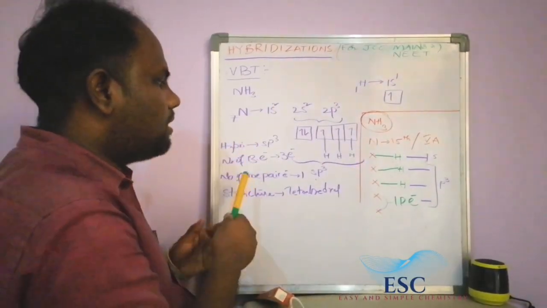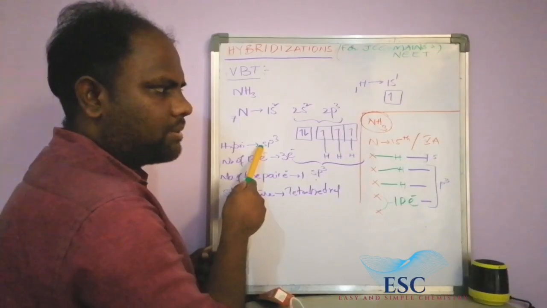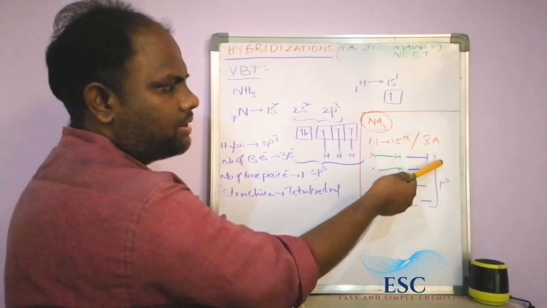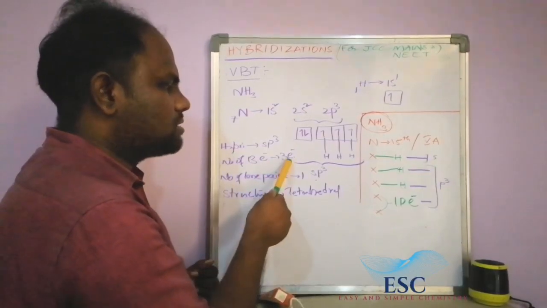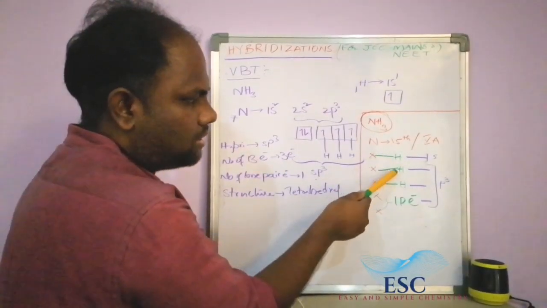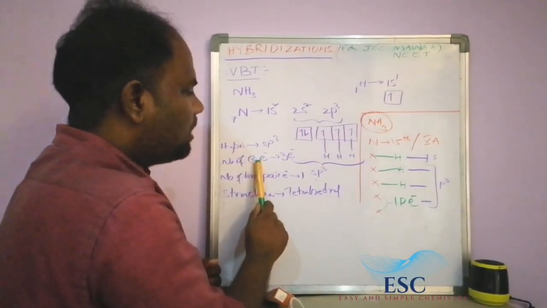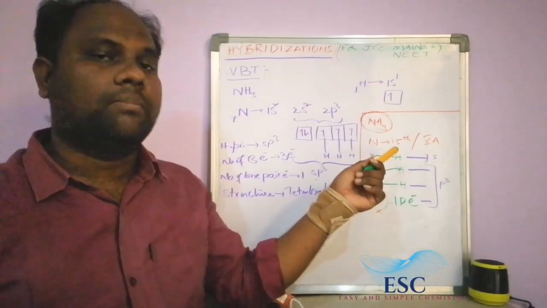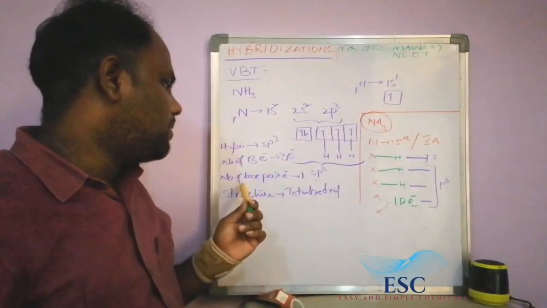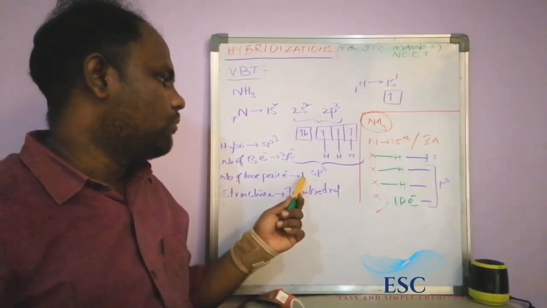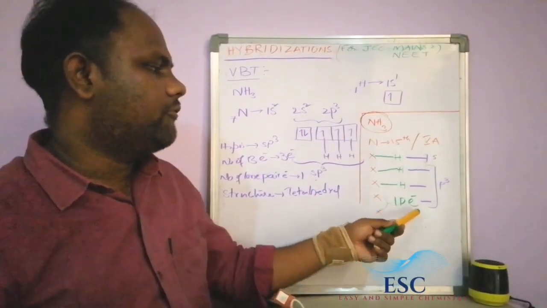So what is the actual way hybridization? sp3 hybridization. Now what is the shortcut way hybridization? sp3 hybridization. Okay, number of bonding electrons are 3 electrons. Here these are bonding electrons. Here also number of bonding electrons are 3 electrons. 1, 2, 3. Number of lone pairs of electrons: 1. Here 1 lone pair of electrons.